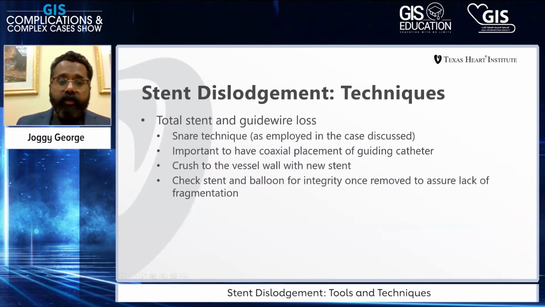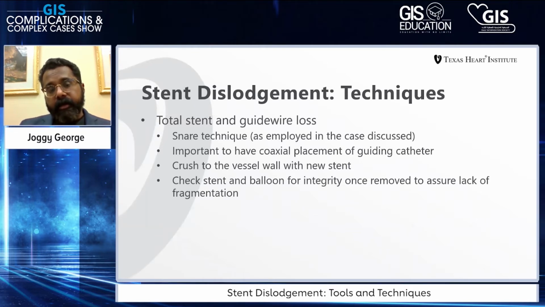In cases where there is total stent and guide wire loss, snaring techniques as we used in the case that we discussed can be used. A couple of points to keep in mind: it's important to have the guiding catheter as coaxial as possible to allow the stent to be snared into the guiding catheter with the least amount of trauma to the more proximal vessels, especially the